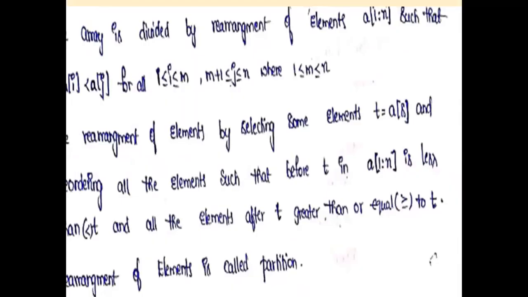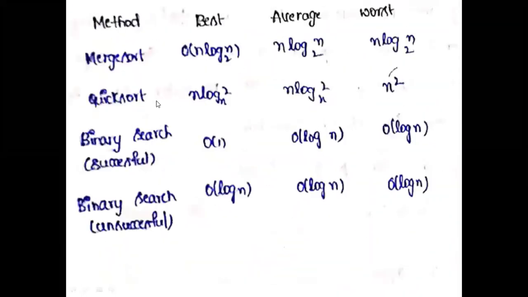The difference between merge sort and quicksort is that merge sort divides the array into two subarrays, and the two subarrays are sorted and then merged. But in quicksort, the array is divided into two subarrays, and the sorted subarrays need not be merged later. The main difference in quicksort is that after sorting, the subarrays need not be merged. That is why the time complexity in quicksort is low.